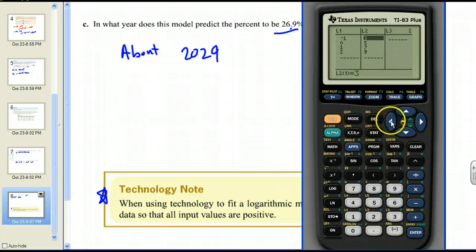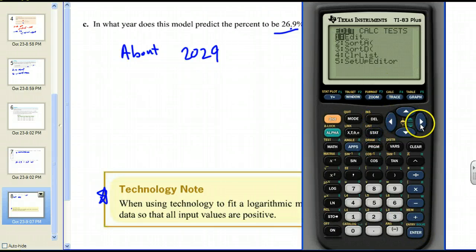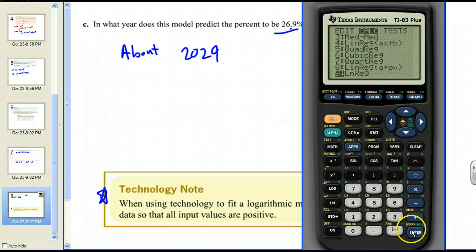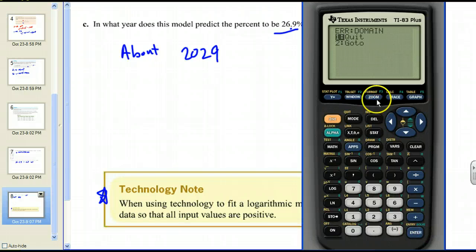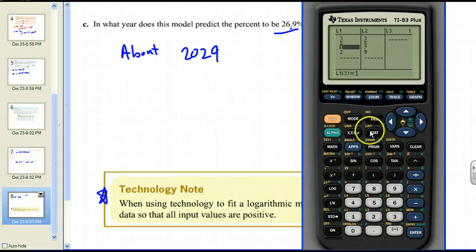Now notice if I change this to +3, for instance, but I still have a 0 there, once again, if I try to run the LN regression, it's going to tell me, I don't like this. So go to your editor this time, and now the problem is the 0. If I fix that and now run it,